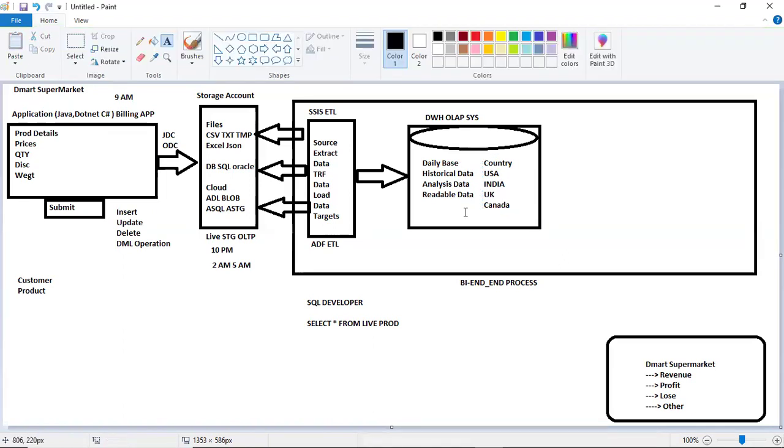This is a data warehouse account. And instead of writing a query to the SQL here, we directly extract from here. Whatever result I get, it may be a table record, or I will design it in Excel. Whatever the table output I get, I'll put it in a table and share that report with the end user.